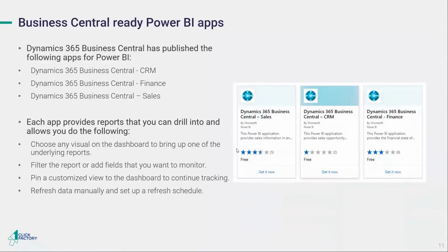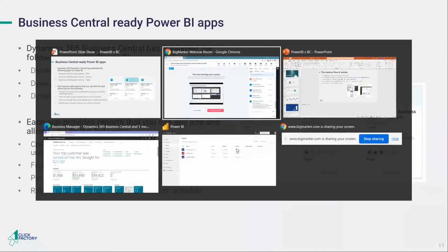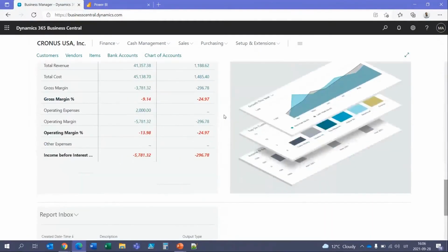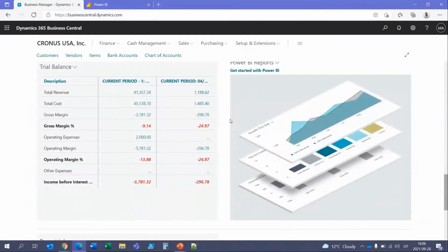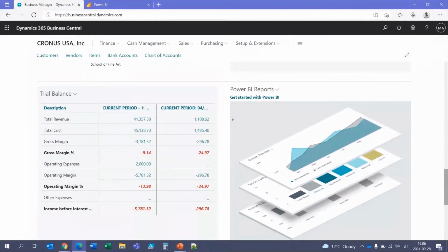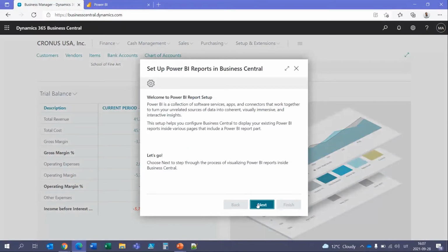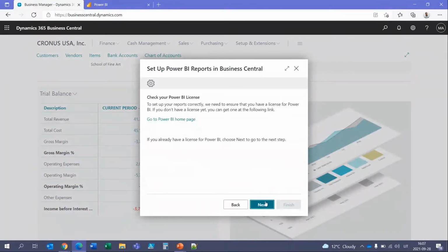And this is another out-of-the-box method to get your data, which is to use Power BI apps created by Microsoft itself. So let's try to open our Business Central environment. And you see that out of the box, you don't have any, let's say, Power BI reports on your role center. So you need to get started with Power BI, and with quite a few